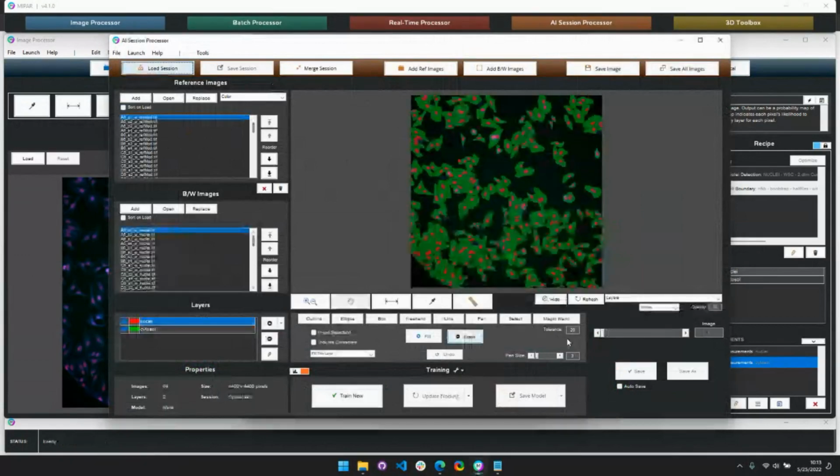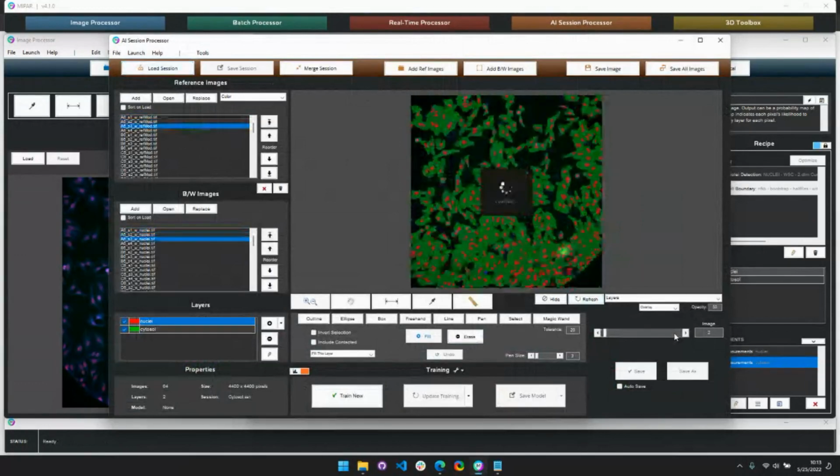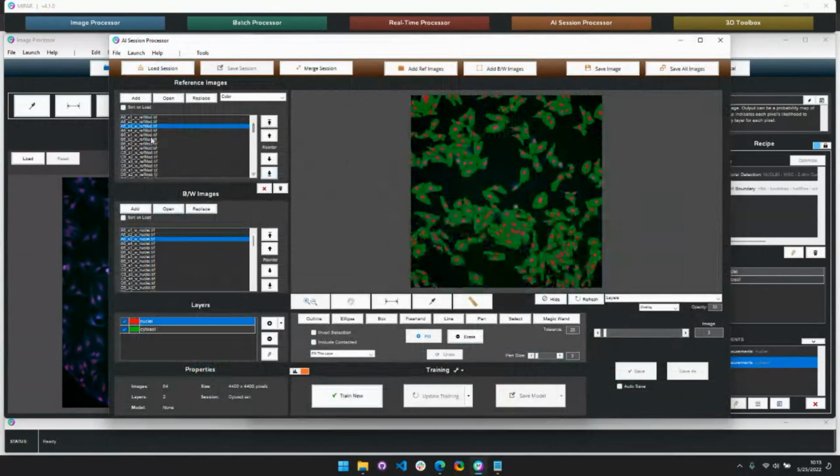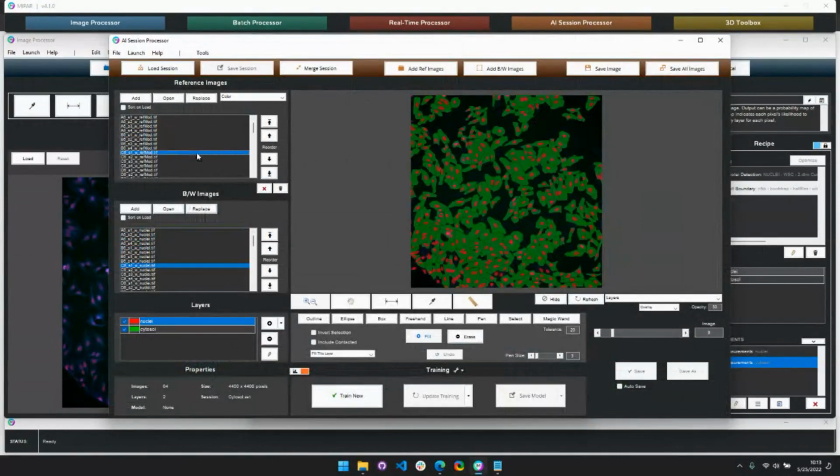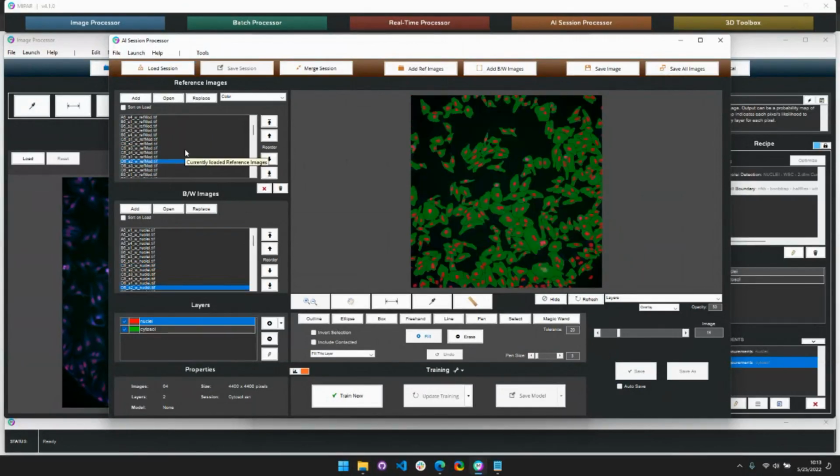Right, so what we're able to do is see exactly what was detected. We can jump from site to site. We can jump to other wells. And the wells in this case, as in most high content screening, are just a concentration gradient of a reagent. So as we move down through the wells, the concentration gets lower. But you can see that we're able to reliably detect the nuclei and the complete cytosol